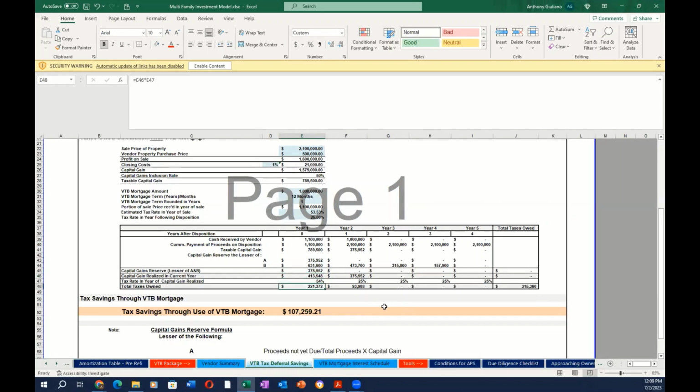Now, there's some nuance here because their tax rate may change because you're pushing more income to the next year. But what I'm trying to demonstrate here is that you can show through this schedule that the seller will now have about $413,000 of taxable capital gains in this year and $375,000 in taxable capital gains next year. At the same time, maybe they say, okay, well, I don't want to pay it next year. I want to pay in year 3. Well, then you can say, well, yes, Mr. Seller, that's great. I can